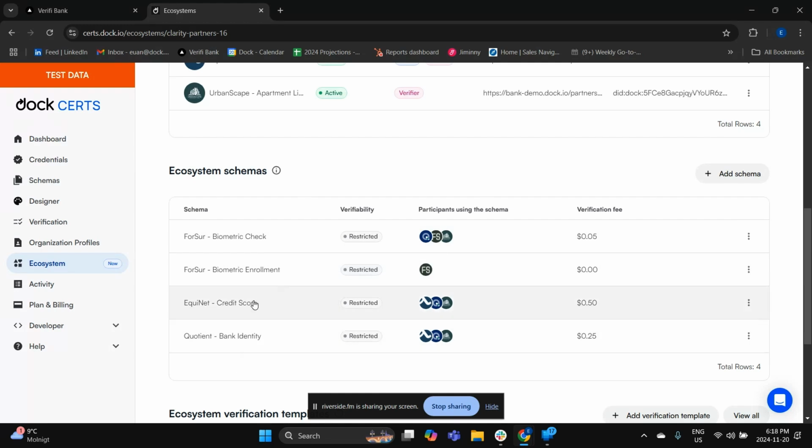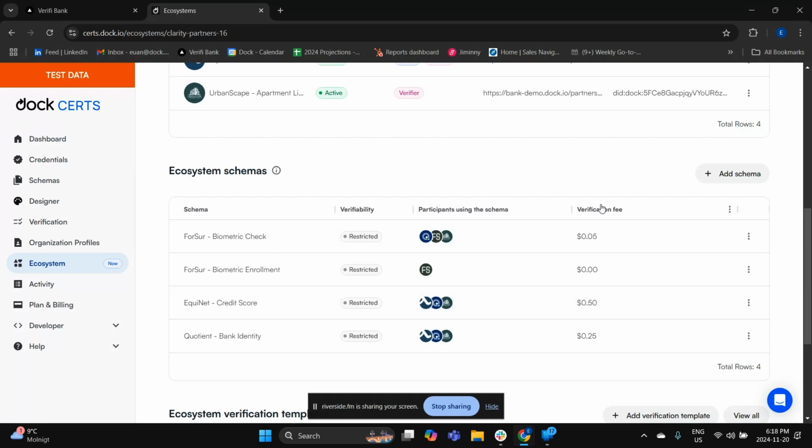You could give them a credential with their credit score, or a proof of address, a proof of date of birth, whatever the organization thinks is useful in that re-verification process, which we're going to show you.